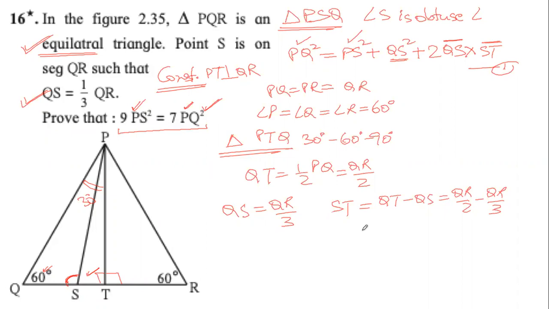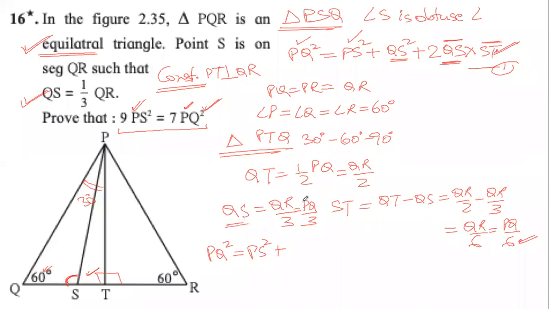Are you with me or not? Which becomes QR by 6. We can also write PQ by 6. So this ST is PQ by 6. This QS is PQ by 3. If you substitute all these things in equation number 1, the equation now becomes PQ square equals PS square, जहां पे QS square है,